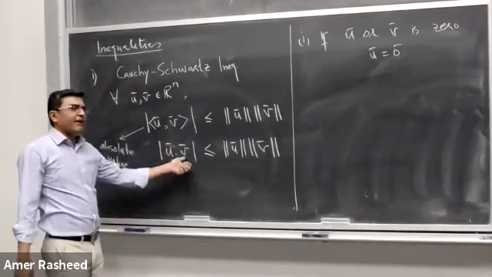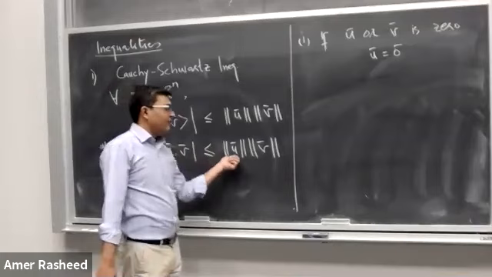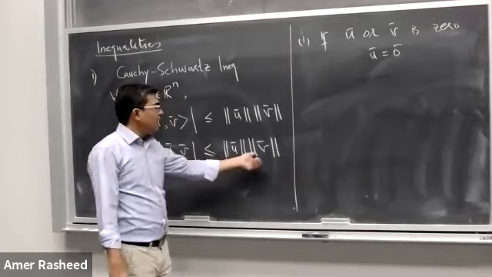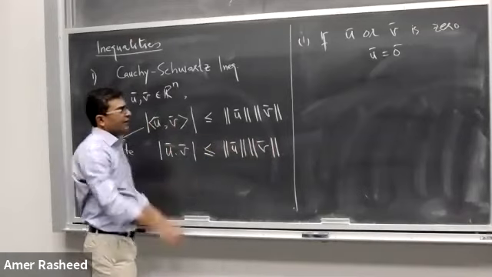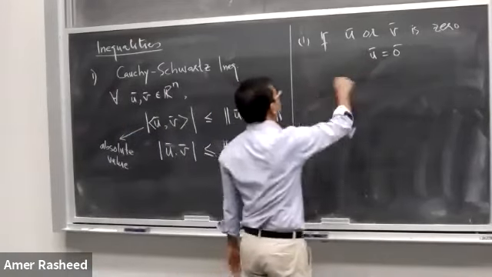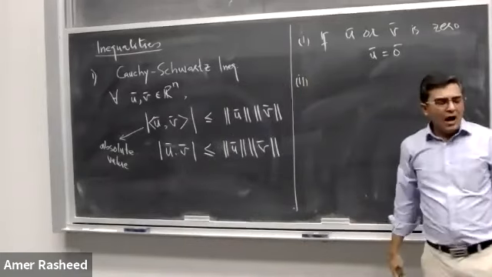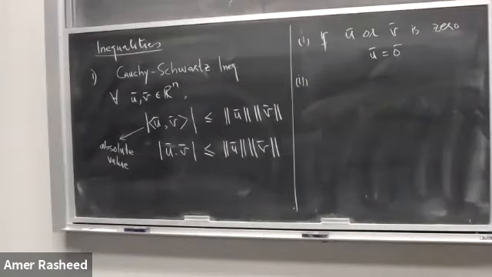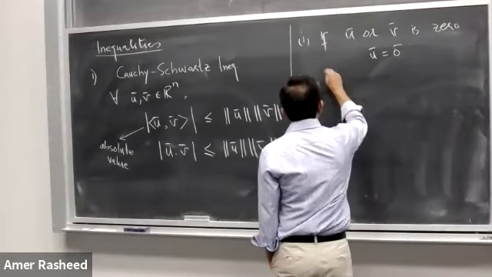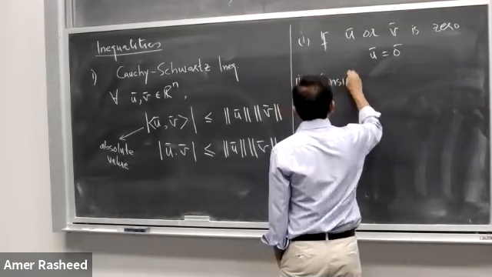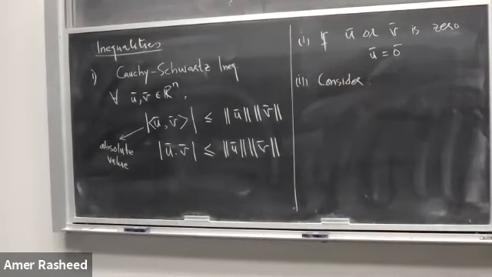The 0 vector with any vector, if you take the dot product, is always 0, and the norm of u will always be 0, so the equality holds. If neither of these two vectors is 0, then how to prove this? In order to prove it, we consider